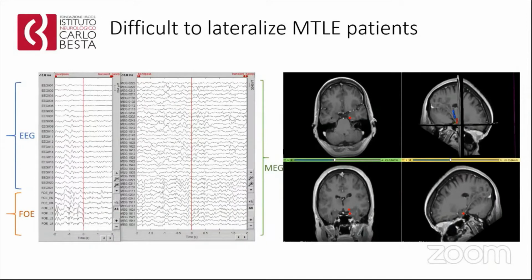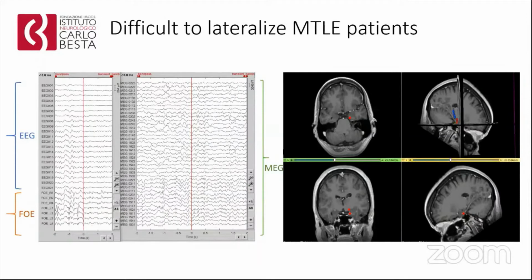They were very good to record the spikes. In this case, they are used to decide which side to consider, left or right, and they also record the ictal period.